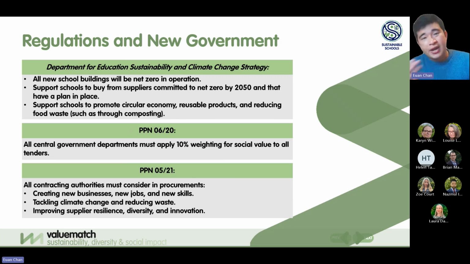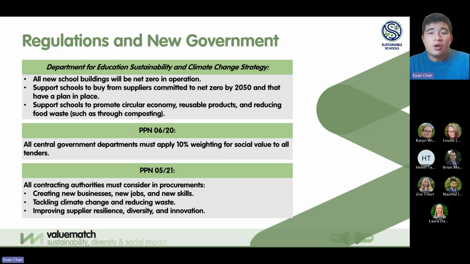So another next step that suppliers and schools can be doing to address social value is really to keep abreast of existing and upcoming legislation and regulations, as this will be important to staying ahead of the game and remaining competitive. So these on screen are some of the key regulations and guidances to be aware of. With regards to regulations around public sector, suppliers and schools specifically, here are a few things to consider.